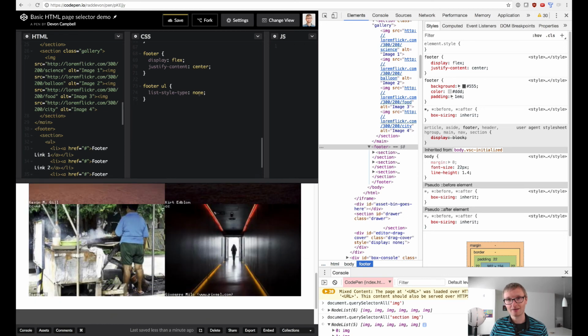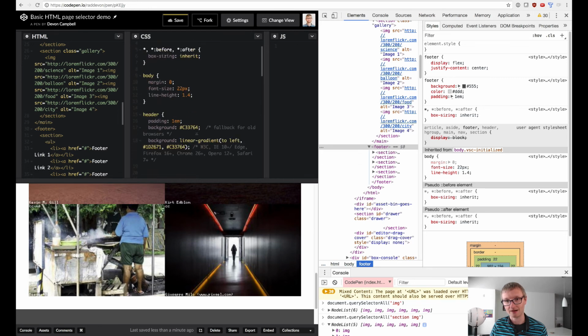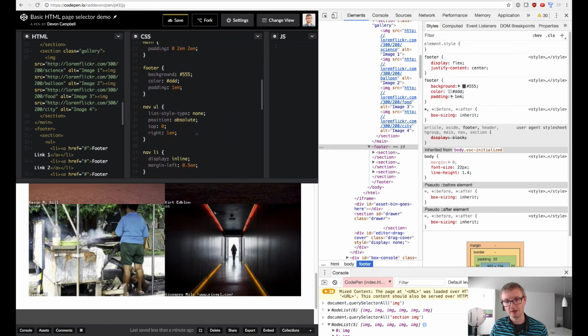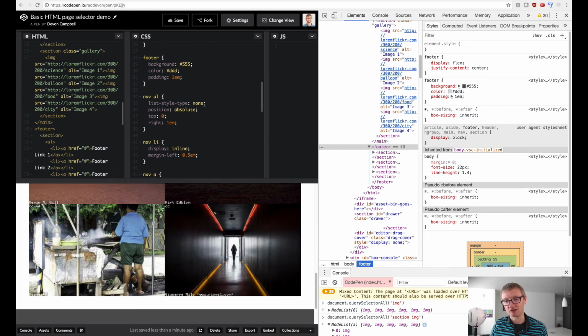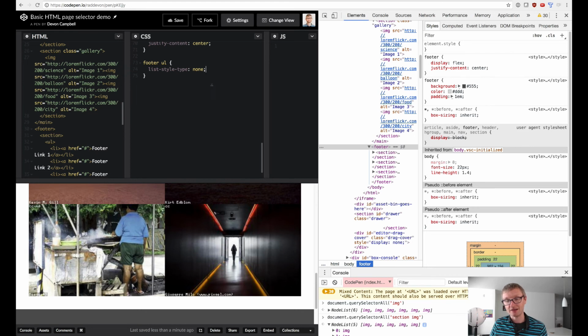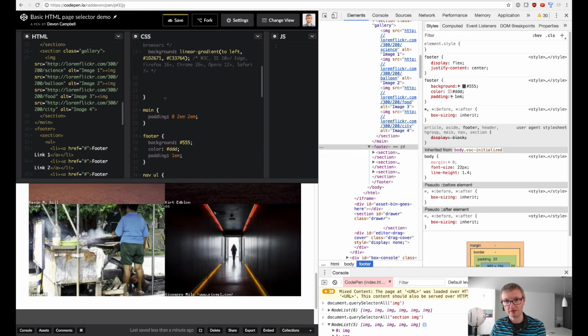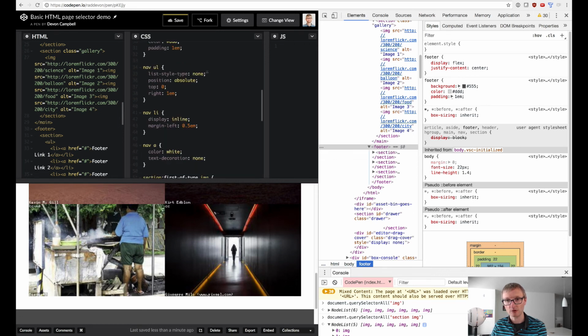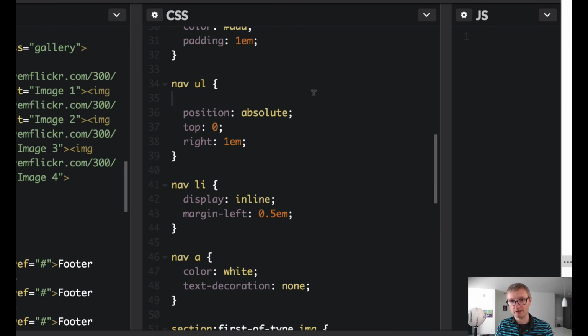This is not very DRY. DRY is don't repeat yourself. So what we've done is we've repeated this style, and we don't really need to, because what if someday we decide we want all these lists to have bullets? Then we're going to have to go back and change it in both places, and that's not a big deal when you have 2 things, but when you have 10 things or 100 things, then it becomes a problem. So as much as we can, we want to not repeat ourselves, and we can get there with a little bit of refactoring. So what I'm going to do is break this out of here,